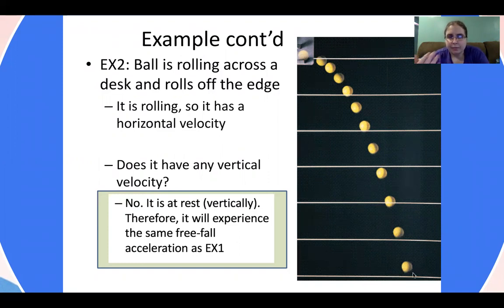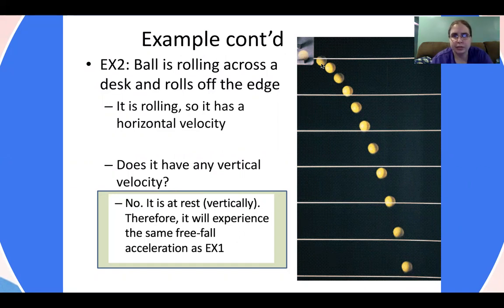Does it have vertical velocity? No, because vertically it was at rest. It wasn't moving up and down until it rolled off the table. So because it doesn't have any initial vertical velocity, it will experience the exact same free fall acceleration, negative 9.8